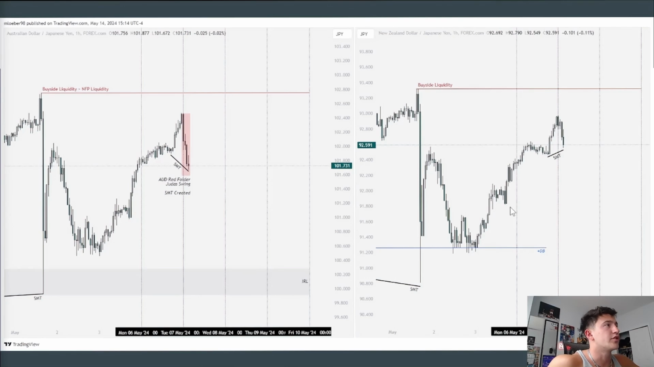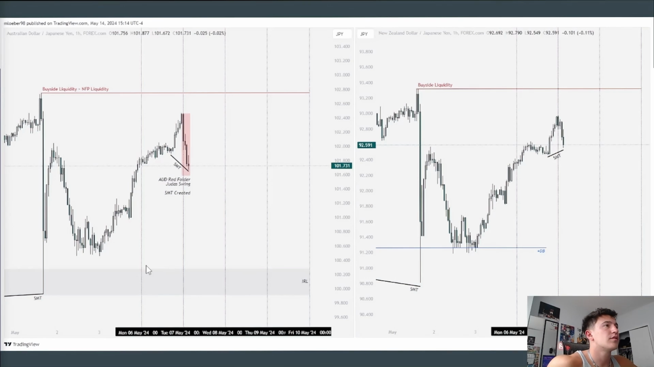NZDJPY made the higher low. But just because the hourly chart shows us the stronger asset for NJ compared to AJ, that doesn't mean that I'm just going to automatically flip and be like, all right, the hourly is giving me strength out of NZD compared to AUD. I'm going to stay true to what the daily and the weekly have been telling me. The strength on the higher time frame will be subordinate to what the strength is telling me on the lower